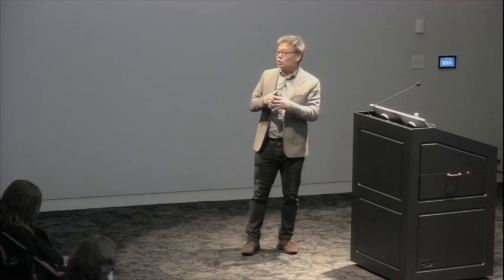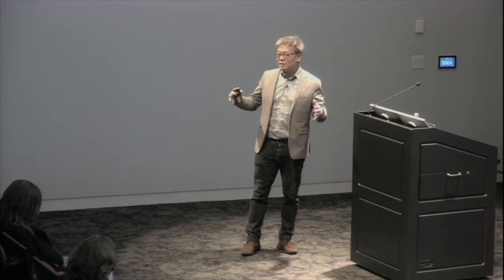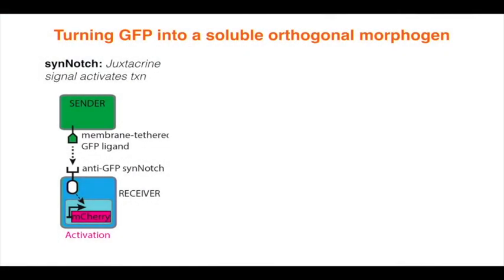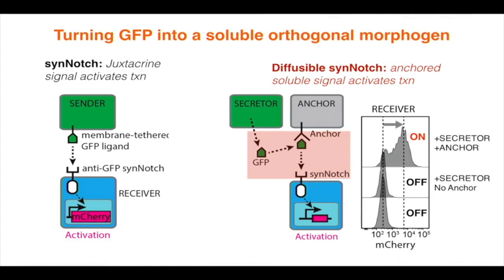But of course, what we've heard a lot about here is that the spatial range of signals is really important, and we'd like to have, ideally, things that are much more diffusible, but also intermediate ranges of space, and understanding how interleaving those can give you different kinds of complexity. So one of the things that Satoshi has done is shown that we can convert this also into a diffusible morphogen. We have to play with it a little bit, and you can argue that it has its own particular things that are like some biological systems, but we can produce GFP from a secretor cell